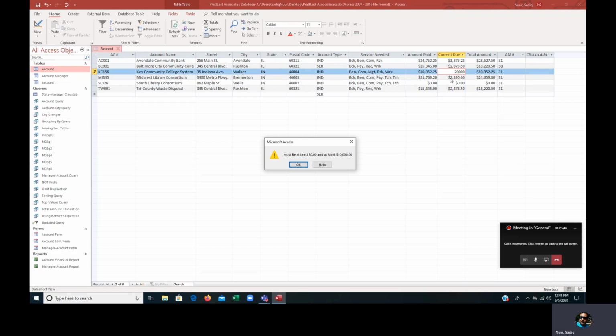That's how you're gonna make the user type what you ask for. I don't want anybody to just type whatever he or she wants. So this helps us to maintain our database. See, so here I will change this to 0, and then you said greater than 0 but less than 10,000, right? Now the next one